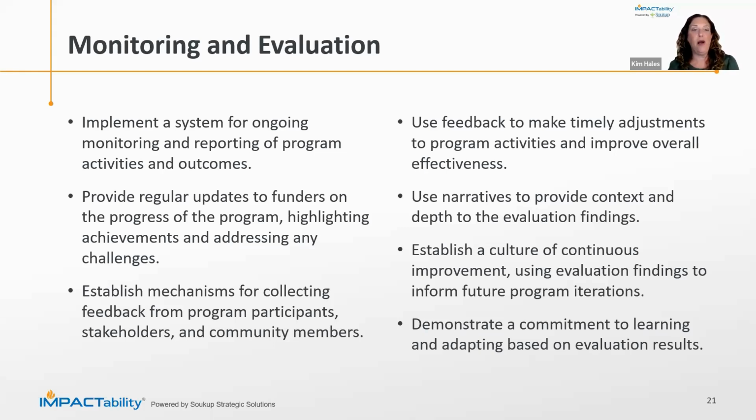Implement that system for how you're going to monitor and report. And sometimes a survey is enough. Sometimes just data on how many people are coming is enough. But make sure when you write the grant and you're looking at what they're asking for, that you're doing those things that you're going to be able to